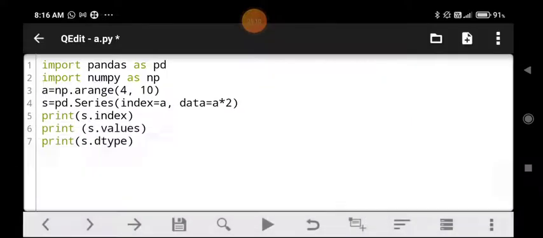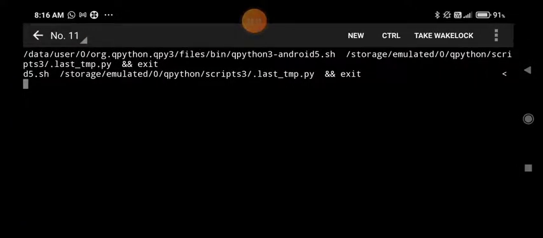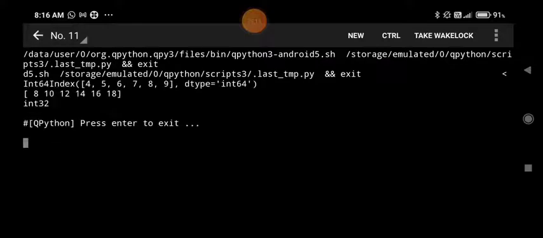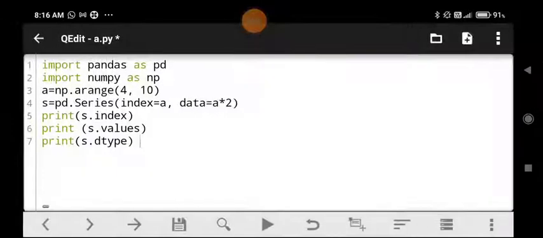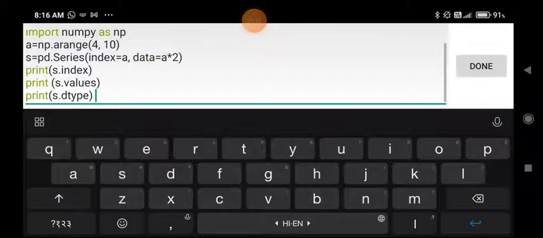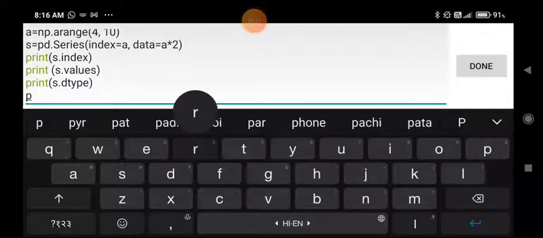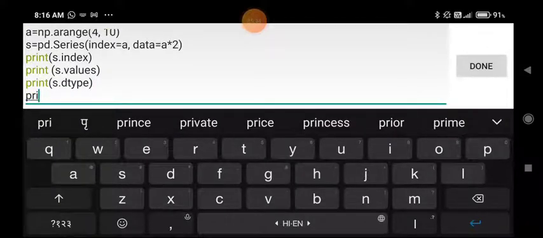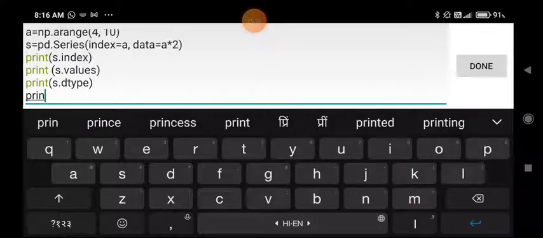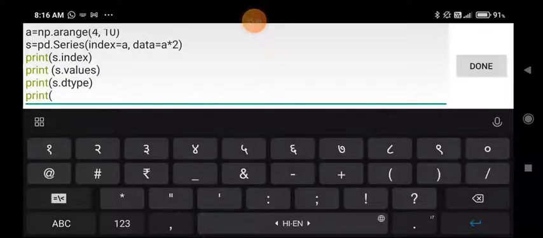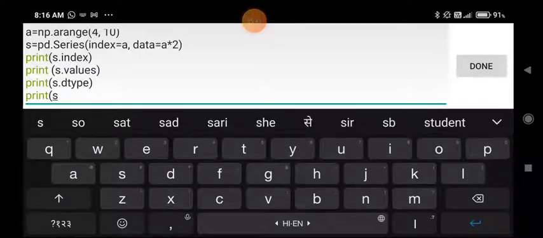So this will print its data type in the third line. You can see its data type is int32, so that's why it is printed as int32. Now moving forward, the next thing is shape. Series shape returns a tuple of the shape of the underlying data. Actually this particular attribute belongs to series, and we can also use it with a data frame too.